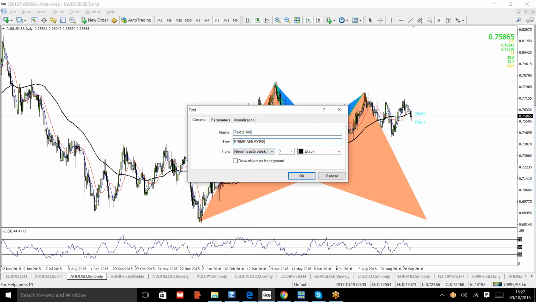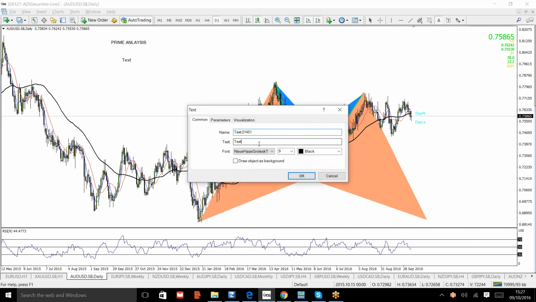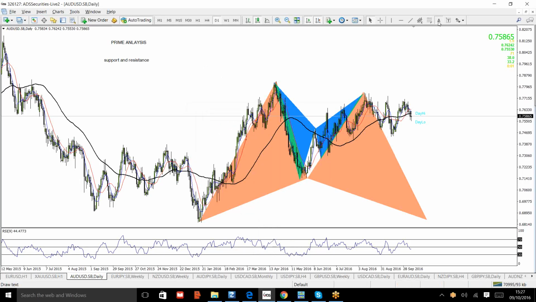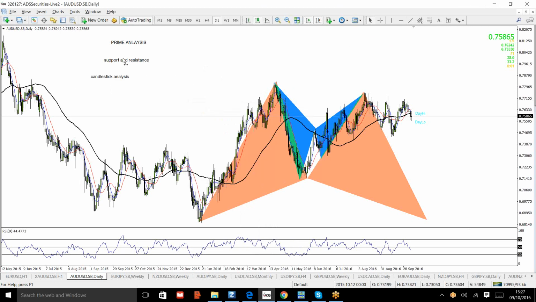Prime analysis will always be this: support and resistance, candlestick analysis, guys. That is your prime analysis. Remember, whenever you take a trade, the first point of analysis will always be prime analysis: support and resistance, candlesticks. Then